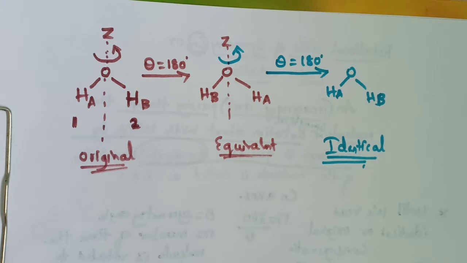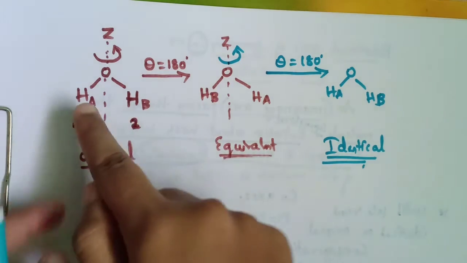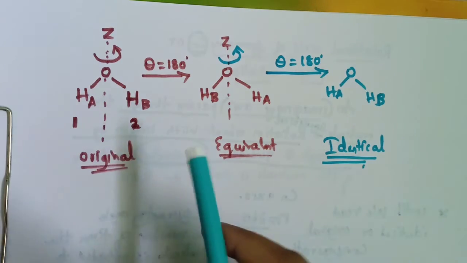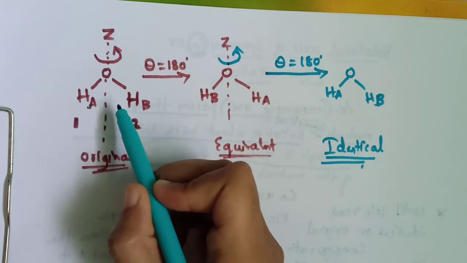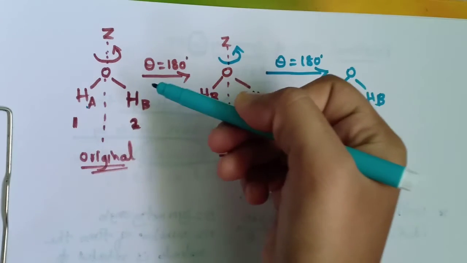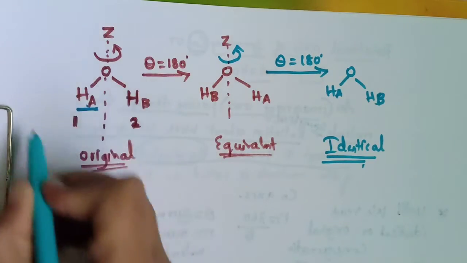So you are thinking, why have we rotated the molecule by 180 degrees? We can rotate 90 degrees, 120 degrees, like that. But before carrying out these operations, we have to have the preliminary knowledge of the shapes to rotate the molecule. See, if I rotate this molecule by 90 degrees, this is purely imagination, you should imagine. You see, if you rotate the molecule by 90 degrees, this HA will come this side and this HB will go back side. So the place where we have started the molecule to rotate, it should not be vacant here.